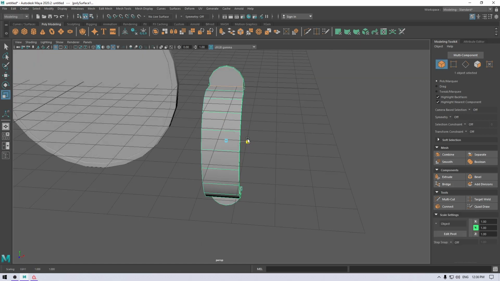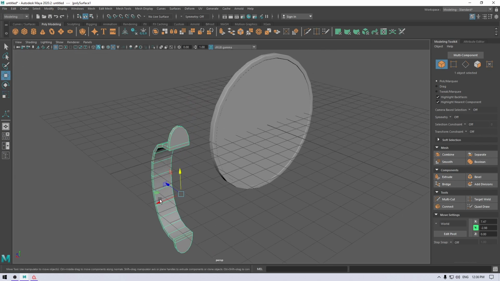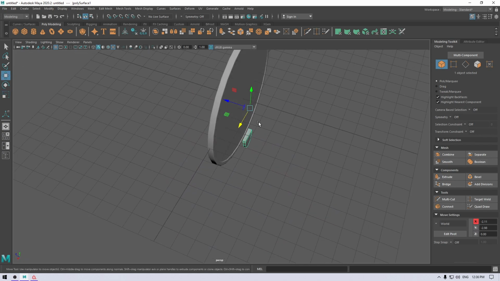Now press R to scale. And place the belt on the back of the shield.